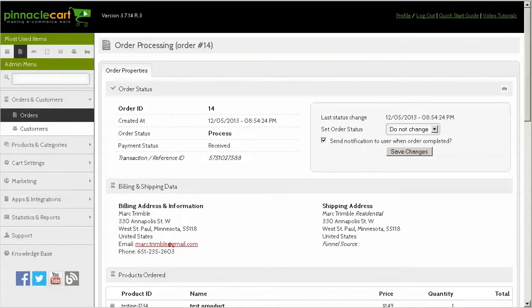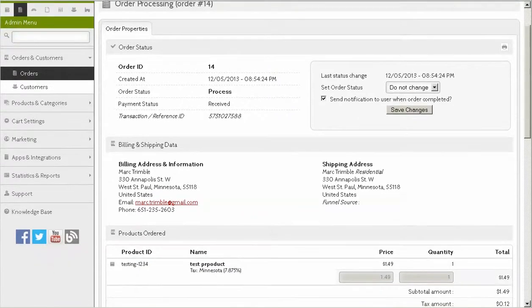So up here you've got the order ID, created date, order status, payment status, received, transaction ID, pretty straightforward stuff. Here's some things we can do. We can change the order status to process it, back order, canceled, or completed. This is useful if you have a lot of orders and folks are looking at every order in order to ship something, if you're shipping stuff on your own, or if you need to, for whatever reason,